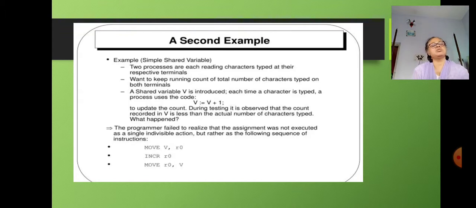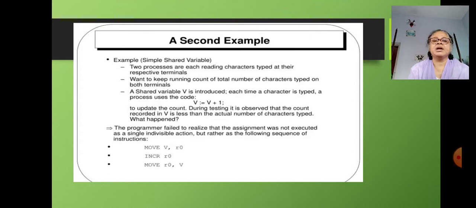That means they want to check how many characters are typed in both terminals. A shared variable V is introduced, and each time a character is typed, a process uses the code V = V + 1. That means the increment operator is used to update the count.